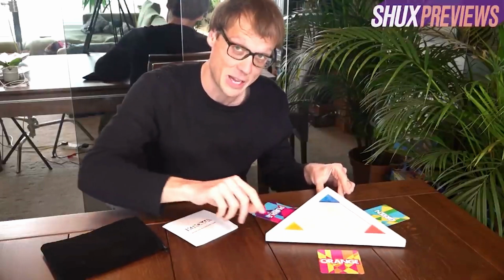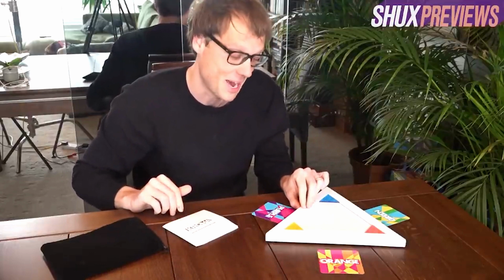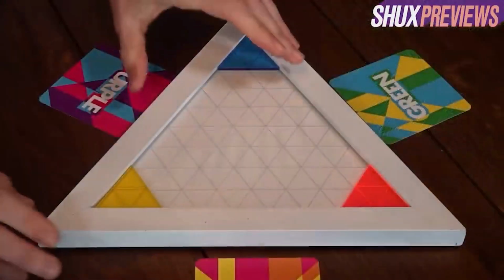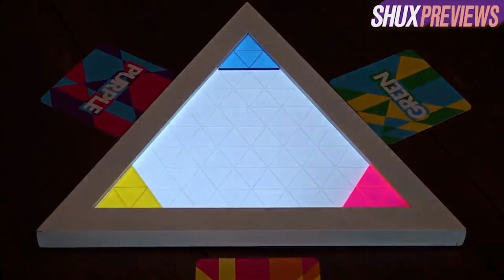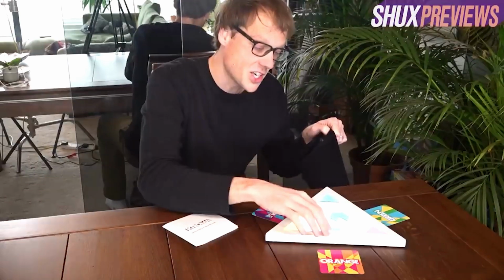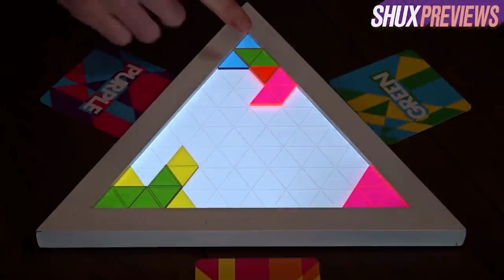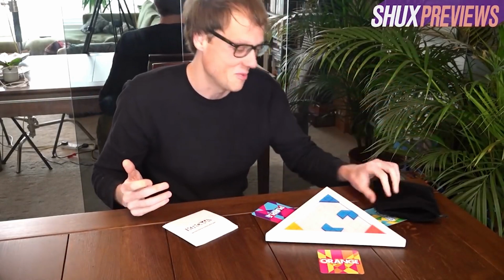are you ready? And I'll warn you, this looks amazing in real life and absolutely horrid on camera. It's illuminated. It's got a backlight so that all of these translucent acrylic pieces you're going to be placing on the board are going to have light shining through them so you can see the color all the better. I'll get to why that's relevant in a second. However, tragically, I am going to turn this off just so you people at home can see what we're doing